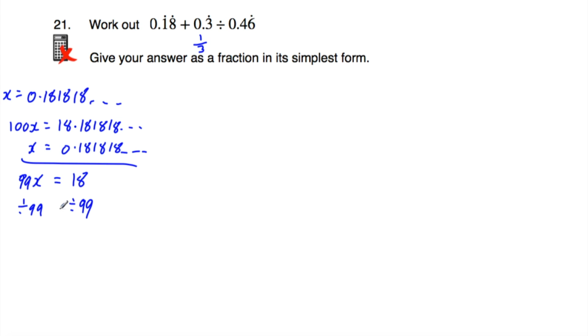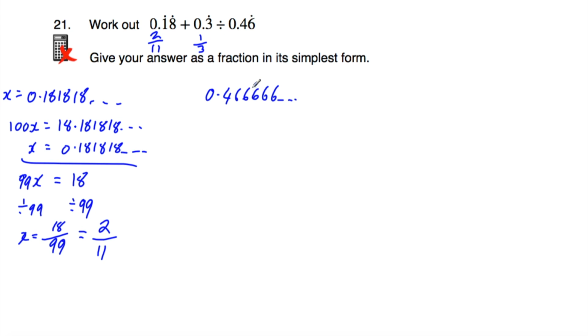If we divide both sides by 99, we can write that as a fraction, so x is equal to 18 over 99. And actually we can cancel this down. Both of these numbers are divisible by 9, so 18 divided by 9 is 2, and 99 divided by 9 is 11. So that means that 0.18181818 is 2/11. So we've changed two of them into fractions. So let's then do our last one,